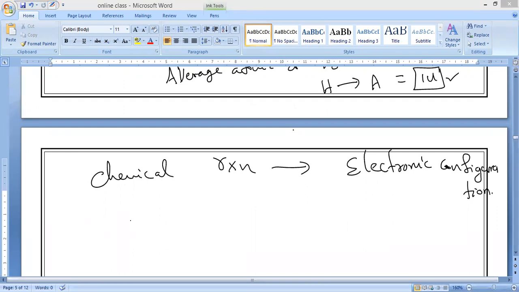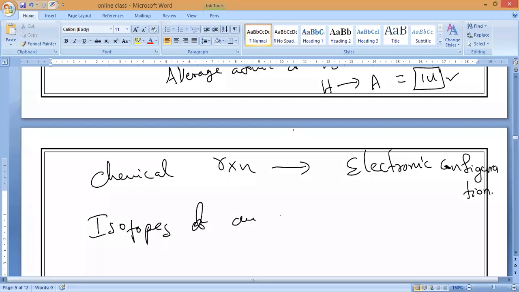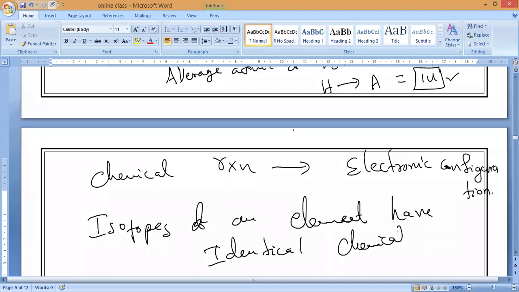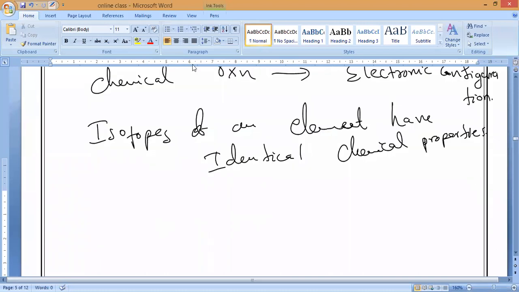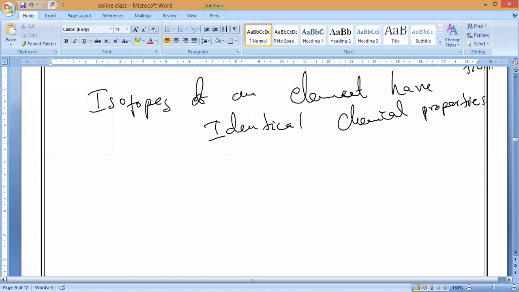All the isotopes of an element have identical chemical properties. Because why, guys? Because mass number does not affect the chemical reaction. Only what will affect the chemical reaction? Only electronic configuration, meaning the number of electrons arranged in the valence shell will decide whether it is more reactive or less reactive, or donating or sharing. Yes or no, guys? That is what you have to remember. So please write it. The identical chemical properties of all the isotopes of an element